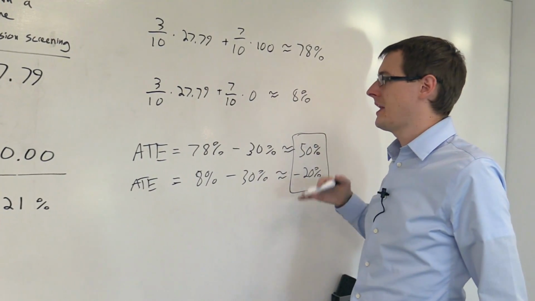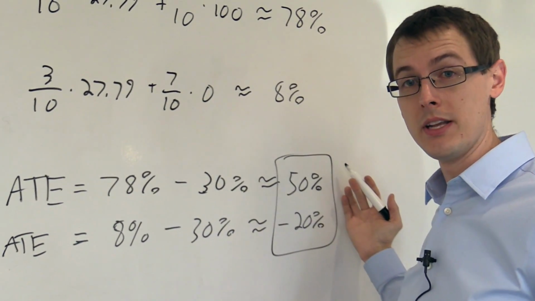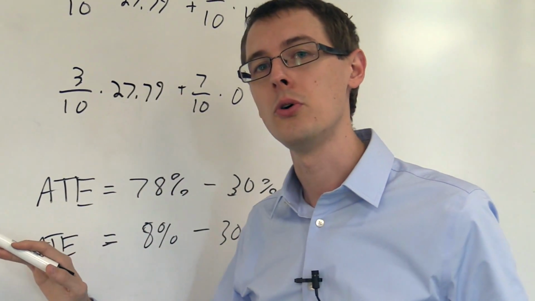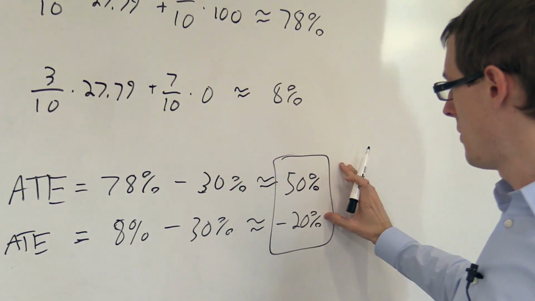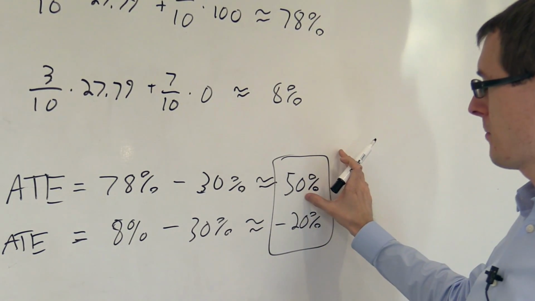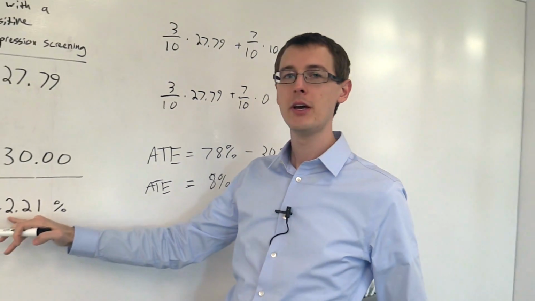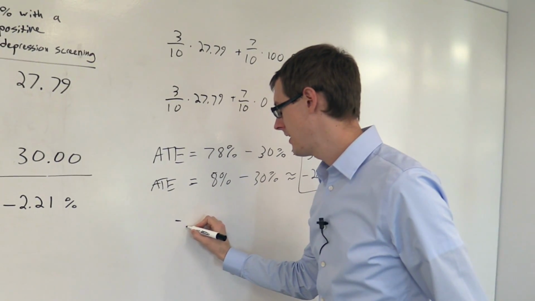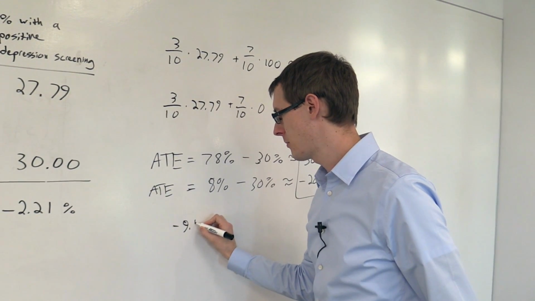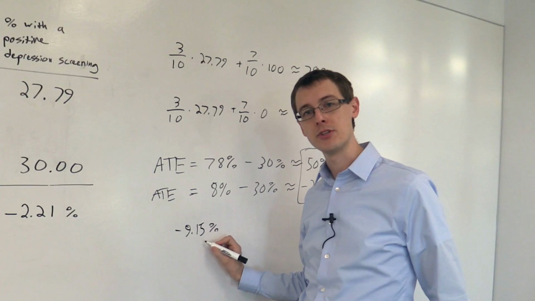So this is one thing you can do without making assumptions like random compliance, which we don't believe, or without changing your goals, like doing intention to treat analysis. To compare these results, with bounds we got minus 20% to 50%. Intention to treat and random compliance would both give minus 2.21%. And later on, we'll see that if you do the instrumental variables analysis, you'll get minus 9.15%.